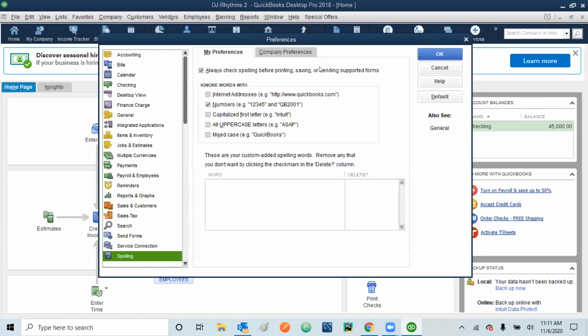Always check spelling before printing, saving, or sending reports. So we want to turn it off. So we'll be just checking this one. As per the exercise, we have to turn it off. And then next thing is this,